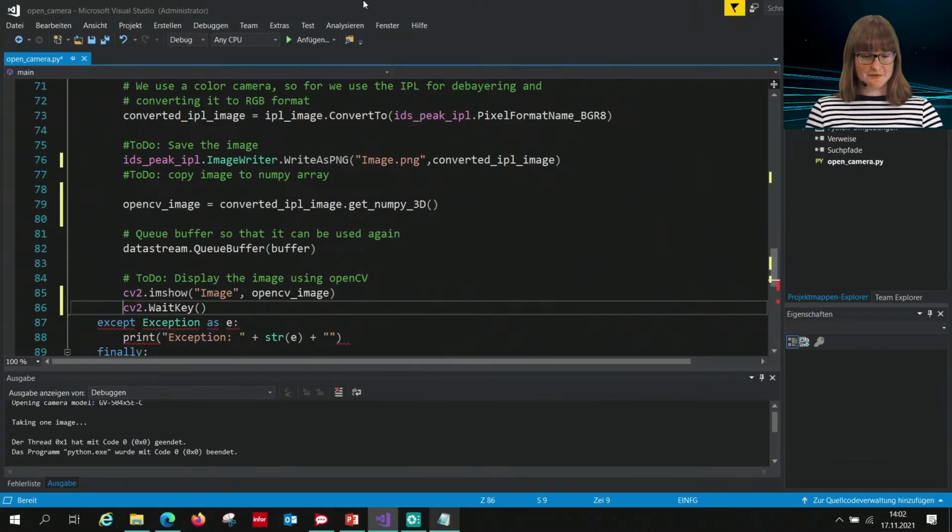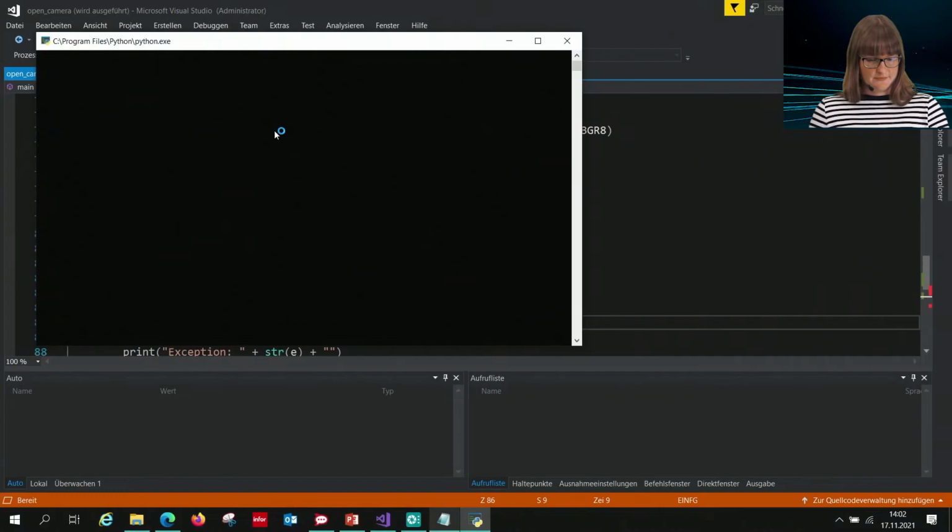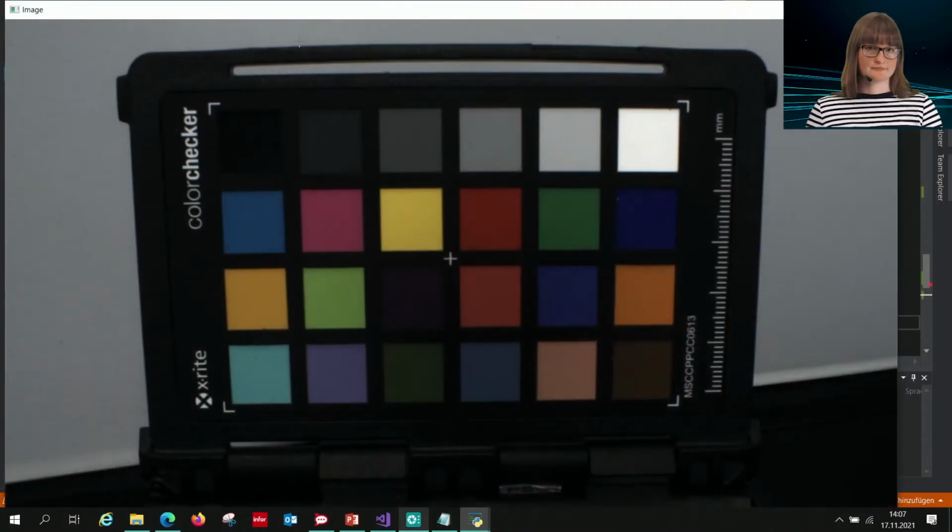Okay, let's check if that worked. Program is opening. You can see that the model name is displayed. In the background, the camera settings are loaded, so this is the reason why that takes a moment. All right, that worked out.